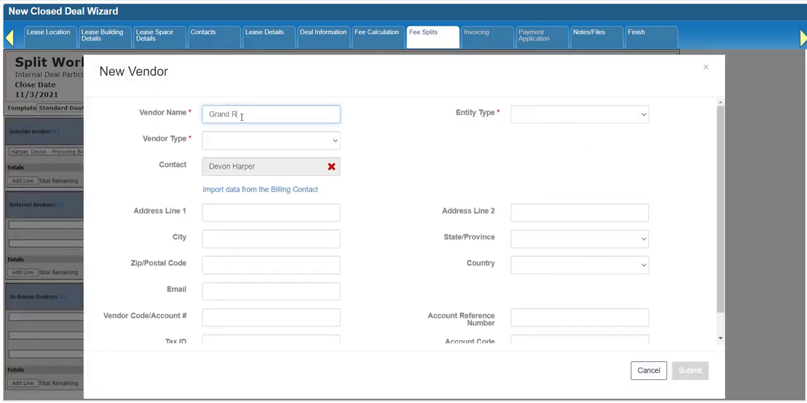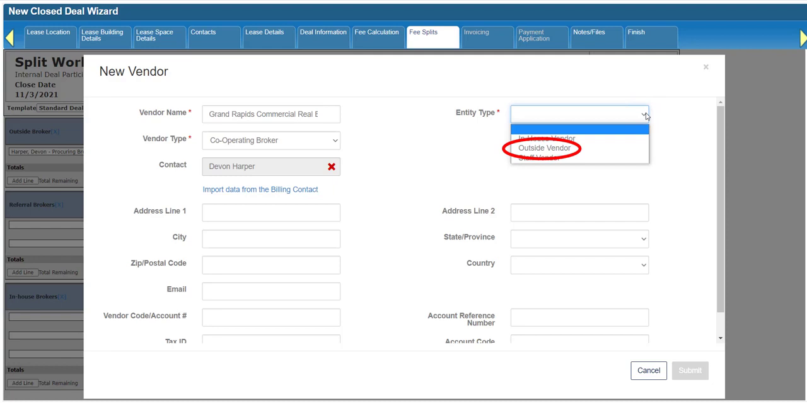Fill in the required fields, which are indicated by an asterisk. The entity type plays a role in how that deal participant's commission split with the firm is calculated. Outside vendors don't split their commissions with your firm. In-house vendors always require a split plan to determine their split. And staff vendors by default will not split their commission with the firm unless a split plan has been set